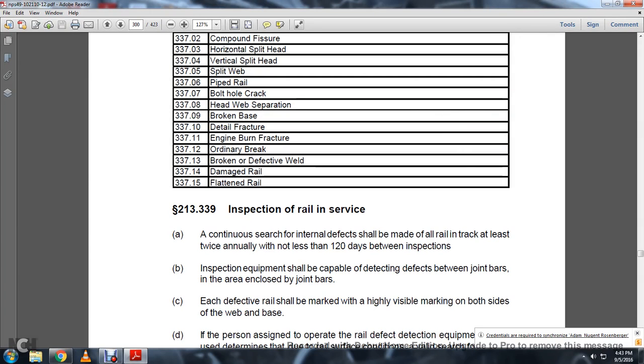All right, Statute 213.339, inspection of rail. A. A continuous search for internal defects shall be made of all rail in track at least twice annually, but not less than 120 days between inspections. B. Inspection equipment shall be capable of detecting defects between the joint bars and the areas enclosed by the joint